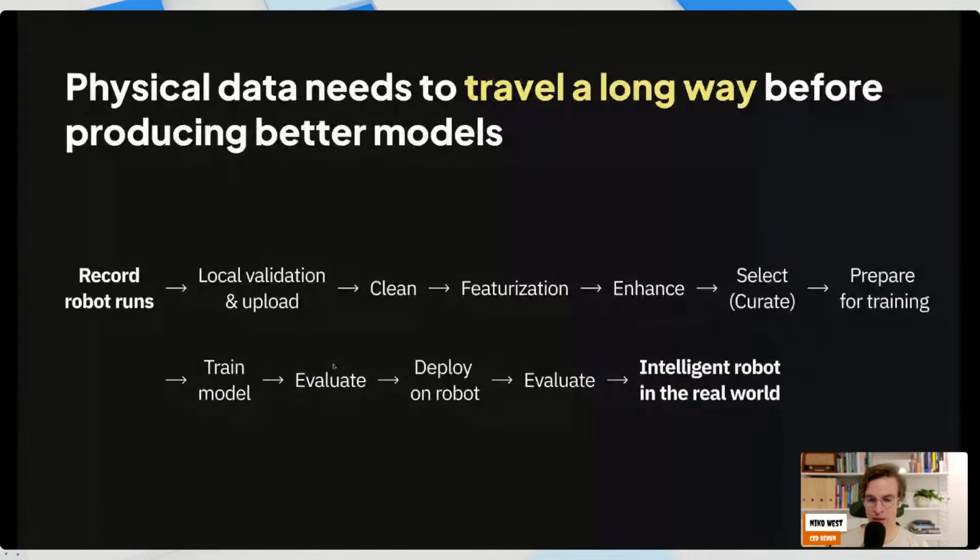Upload it. You might run it through some data cleaning. For that data, that means running time alignment and extracting only the features you want to train on, maybe things like extracting embeddings, and then using those to select the right subset or curate your data, and then put it into a physical format that makes it really efficient to train on. You'll train, evaluate, deploy. That's one pass through, to use some new data and have it create a more intelligent robot, hopefully.